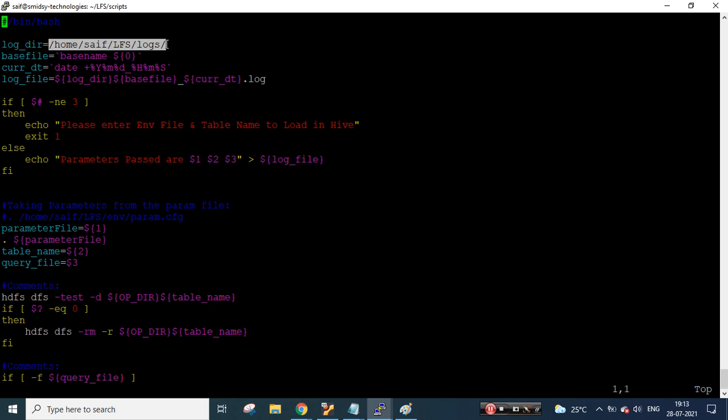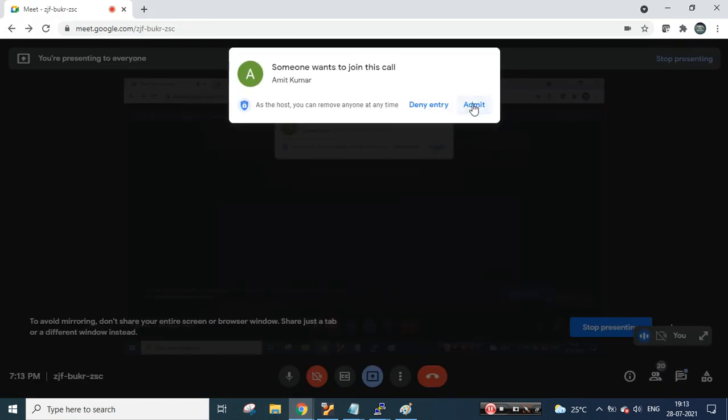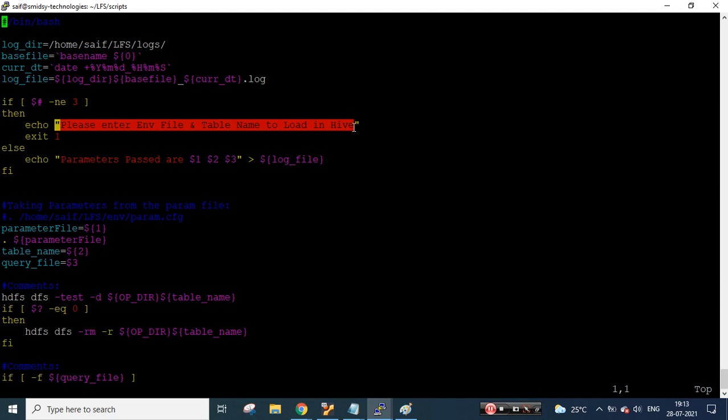If you see, I'm trying to create my logs. On which day I'm running my program or shell or data load, I'm trying to capture that date, and I'm trying to write this in this format. Here I'm checking some conditional statements. If the number of arguments passed is not 3, the script will throw me an error. These are command line arguments, and if I'm not passing them, I'm telling the user, hey user, you have missed something to enter, that's why my script is not able to execute. And whatever a user has entered, we are writing into the log file. It's just a small thing. This is one parameter file which I am talking about.